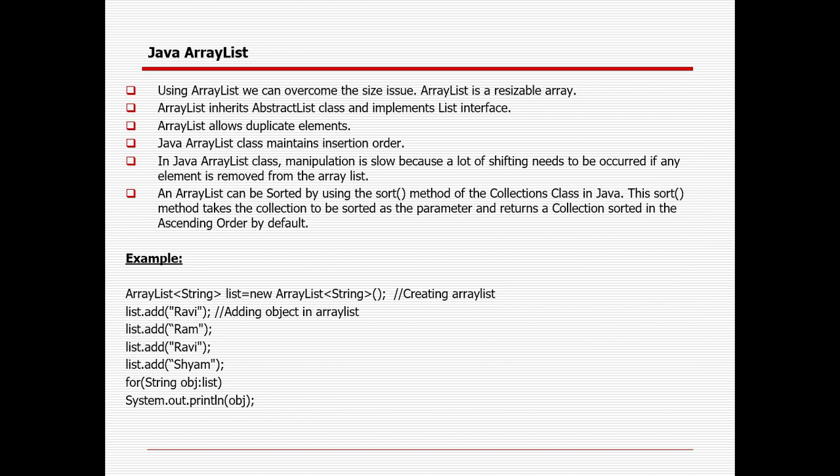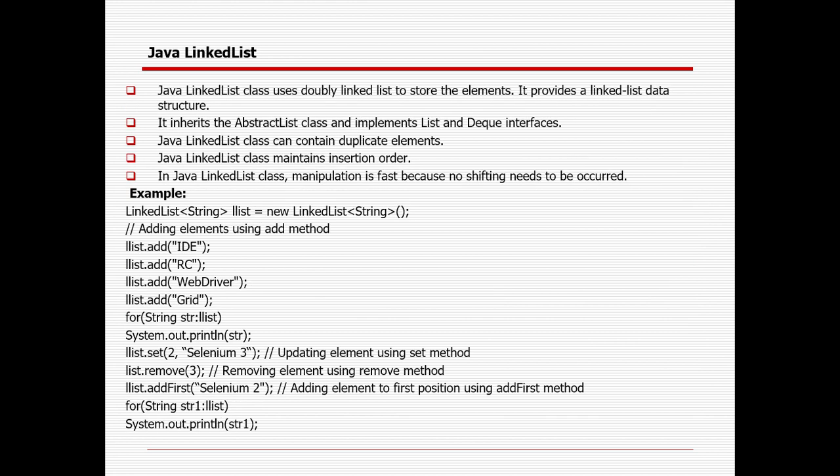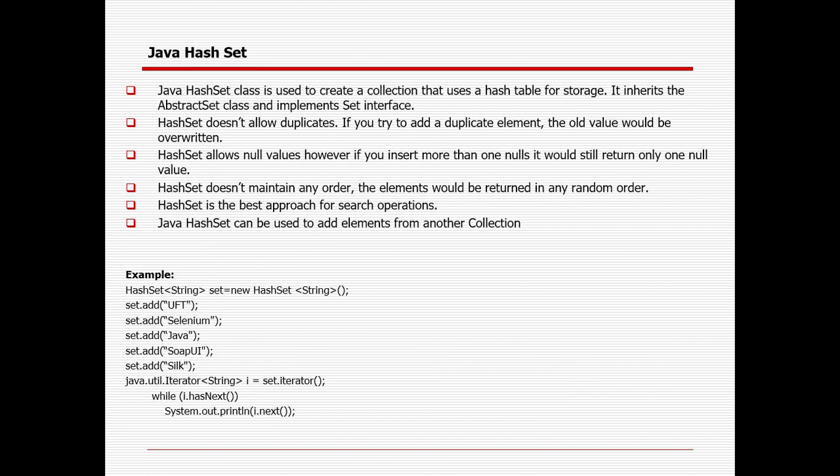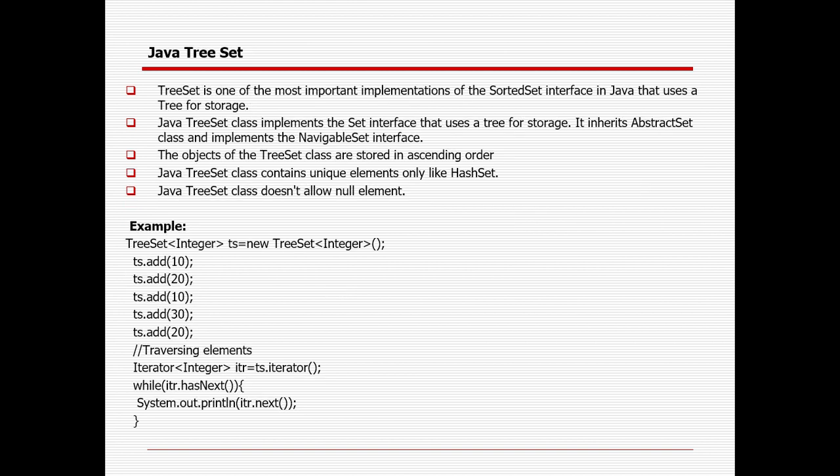HashSet does not allow duplicate values. It can have one null value, but does not guarantee sorted or insertion order. Whereas TreeSet will give you values in ascending order. It cannot contain any null element, and it also gives you unique values. For key-value pair combinations, you can use HashMap. Keys will be unique and values can be common. A key and value can be string, int, or int, string, and so on.